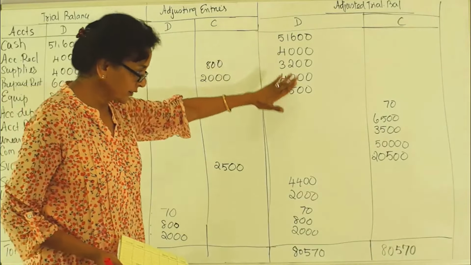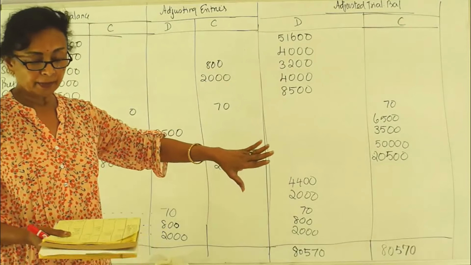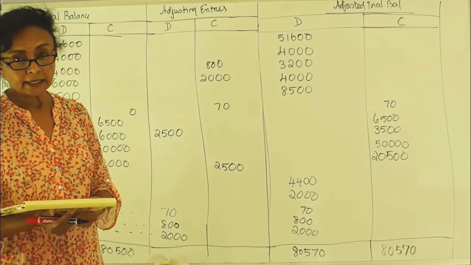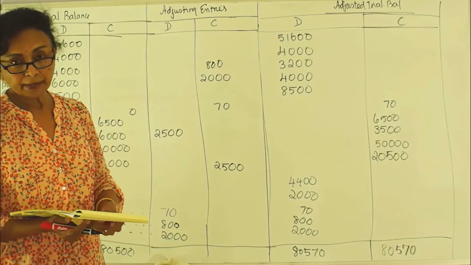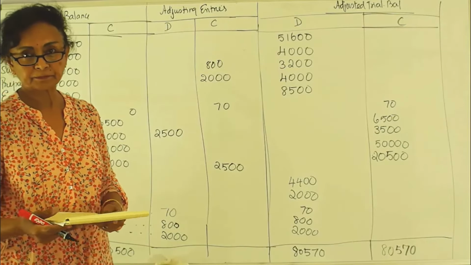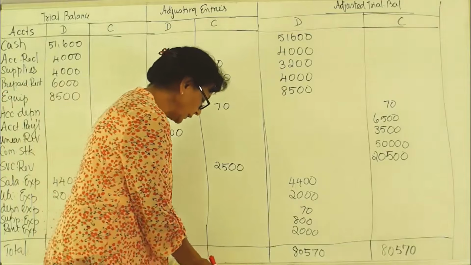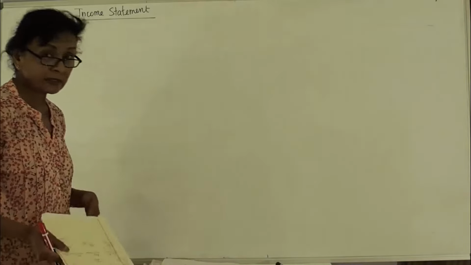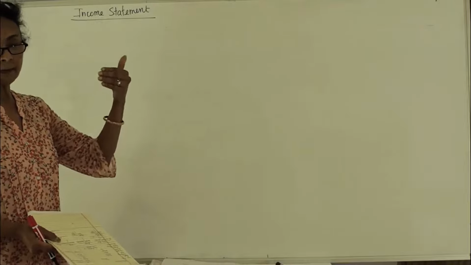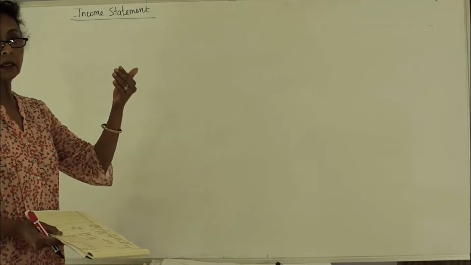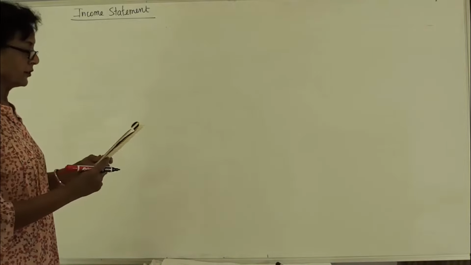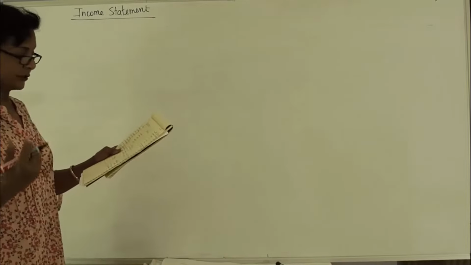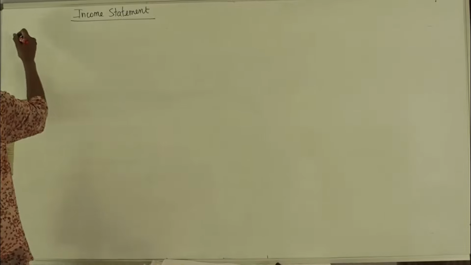So from the adjusted trial balance, we are going to prepare the income statement, statement of retained earnings, and then the balance sheet. Now I am going to erase the board so that we can prepare the financial statements: income statement, statement of retained earnings, and balance sheet. First, the income statement. We are going to start from the adjusted trial balance. So here we have